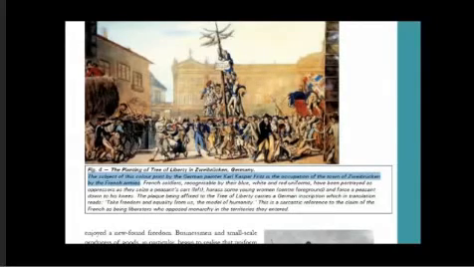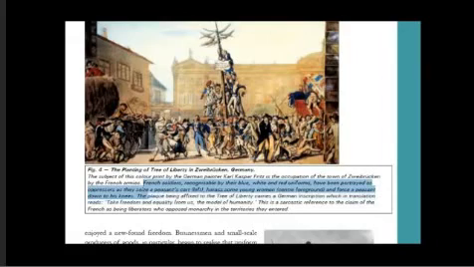Increased taxation, censorship, forced conscription. You understand the meaning of conscription? Forced recruitment in the army. You don't want to be part of the army, but Napoleon said, no, you are 17 years old, you have to serve in the army. You wanted to become an engineer, a doctor, or an artist, but now you have to become an army man. So that is called forced conscription into the French army, required to conquer the rest of Europe. All this seemed to outweigh the advantages of the administrative changes. So what he did was, of course, good, but